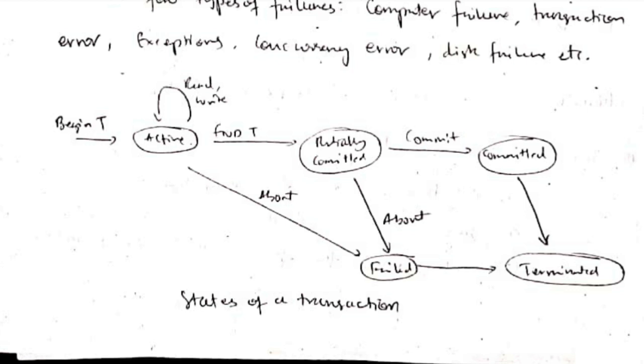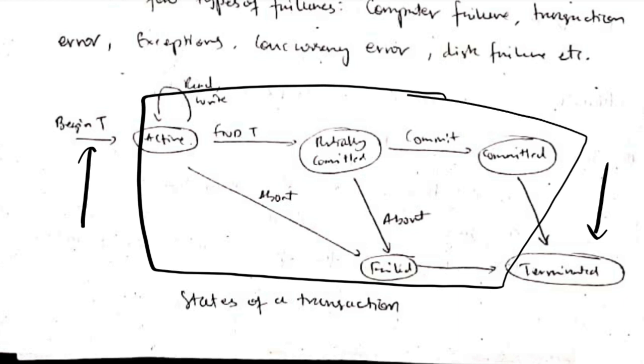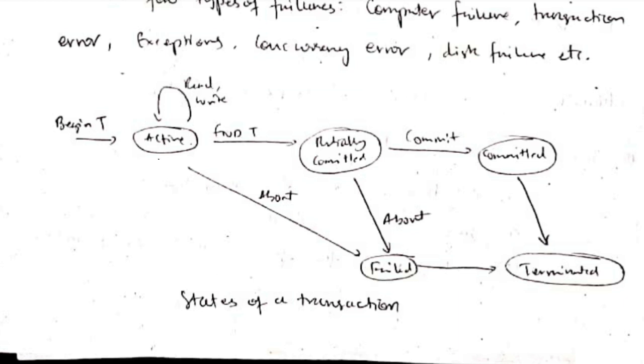In this diagram what you can see is the transaction begins from here, right? Transaction begins and ends here. In between there are a few states. Let's discuss what these states are. The first state is the active state. Active state means if it is reading or writing anything, it will be in the active state only. The next state is, if the transaction is going to end, it will go to the partially committed state. It is not totally ended, but it's partially ended.